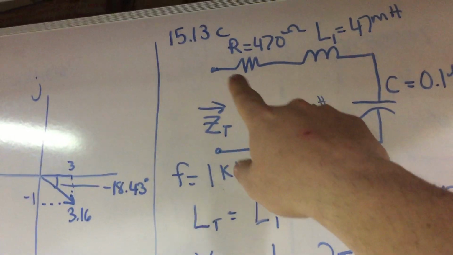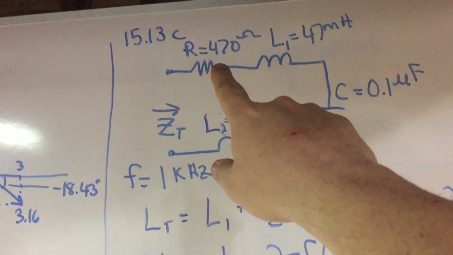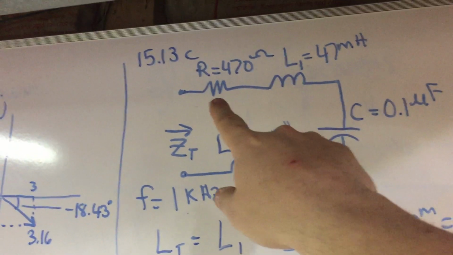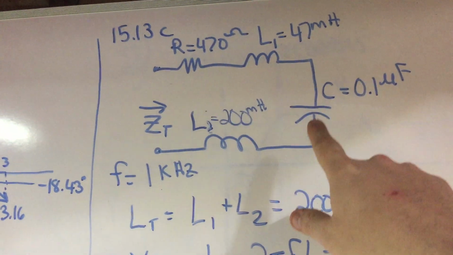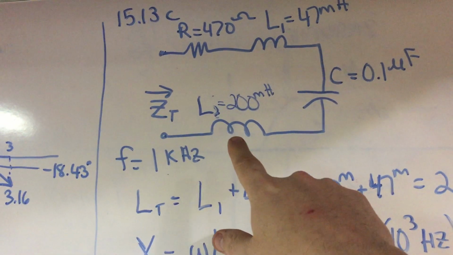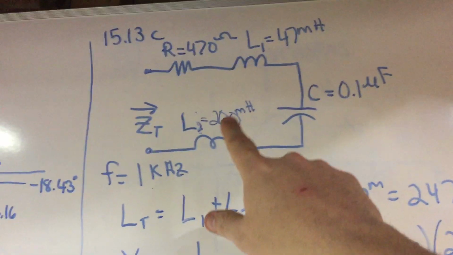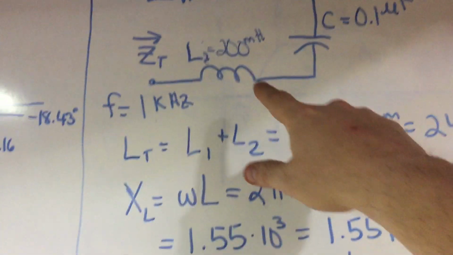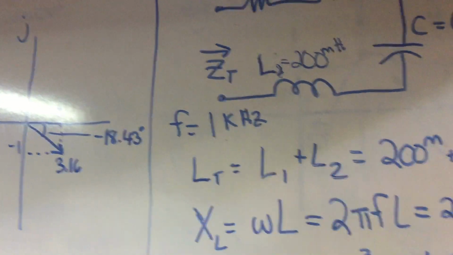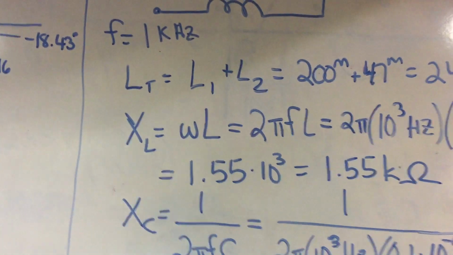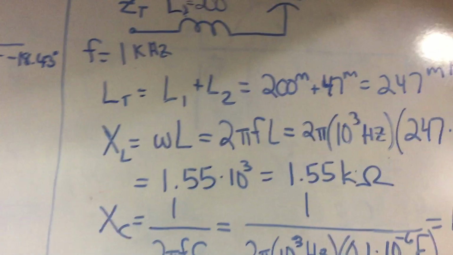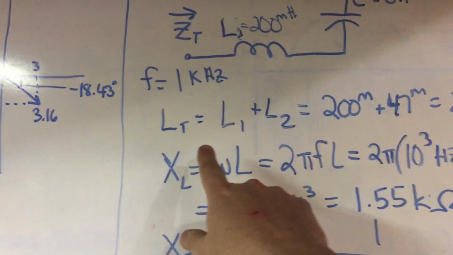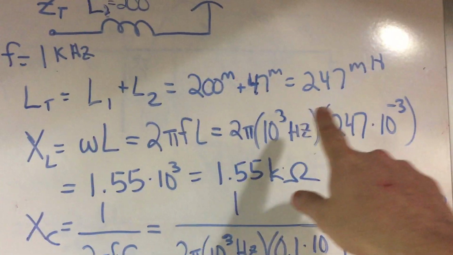This is 15.13 part C. There's a resistor, an inductor, capacitor, and another inductor. Notice that it gives you just the inductance and capacitance, but then it also gives you the frequency. So you have to use another formula that requires another step. You take the total inductance, add them both together, you get